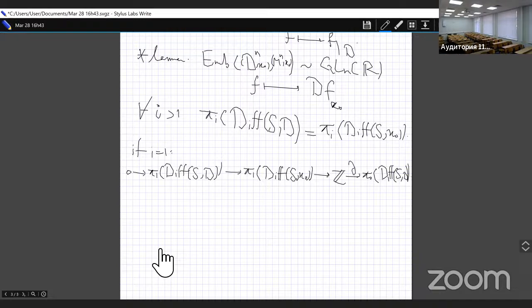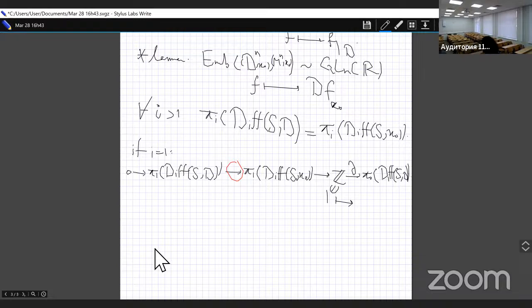To show that this red one is an isomorphism, I need to show that the boundary map is injective. But here we have an easier case, because what is the generator of this? The generator of this is just rotating the disk by itself, in any direction. And if this goes here, it's just the extension of the Dehn twist around that